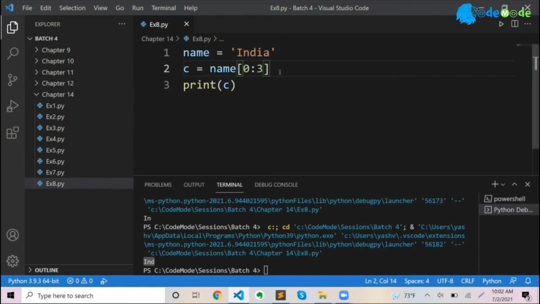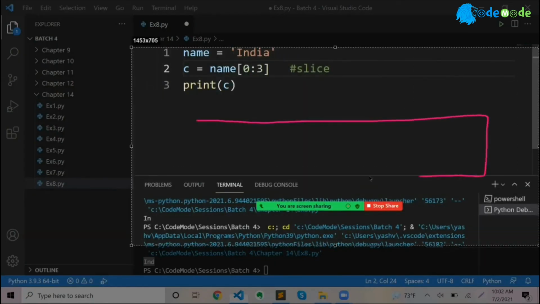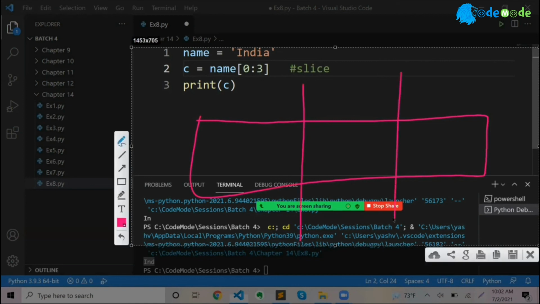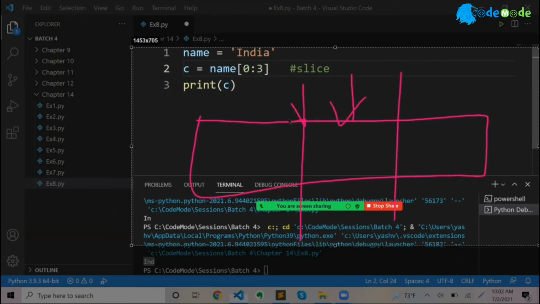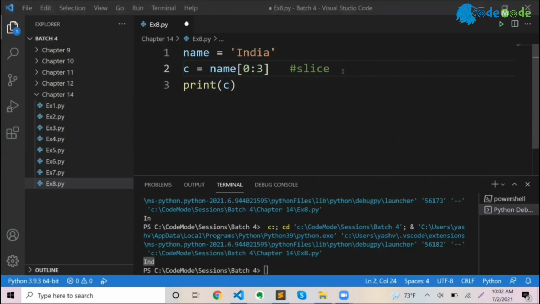This is called slice notation. What I'm doing right now is called slicing. It's like when you have a cucumber and you want to slice it and get a piece out of it. I can give this position index and this position index, and the system will take it out. It's called slicing, slice notation.